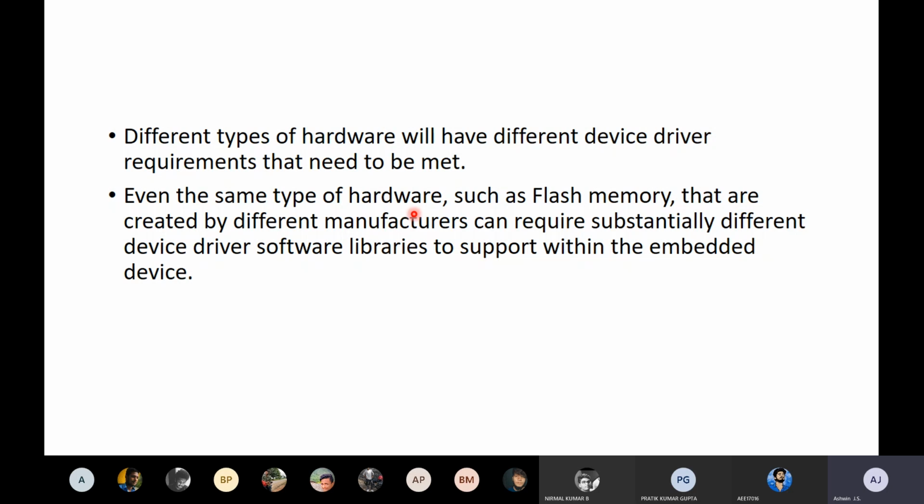Even for Lenovo, Sony and HP, whatever different devices are available, I can install the Microsoft OS on all the devices. So there are two things. One is the hardware will be the same and I can install different software. Different software will give different features. Some features will be available in Microsoft and some features will be available in Linux which are not available in Microsoft. So what is the difference between your Mac and Microsoft?